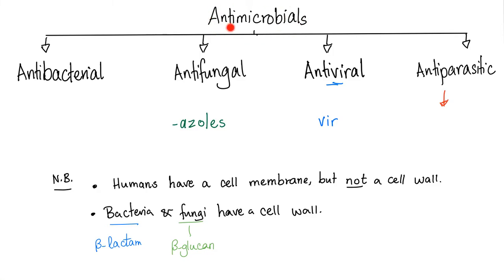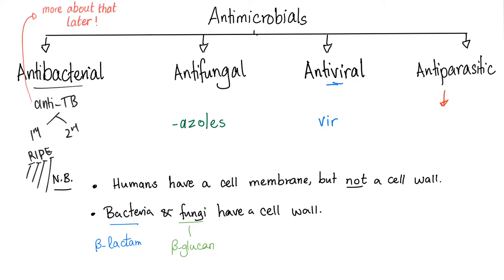Antibiotics are here. They are called the antimicrobials. They could be antibacterial, antifungal, antiviral, or antiparasitic. Antibacterial are against your nasty bacteria, and they include the anti-tuberculosis drugs, which will be divided into primary and secondary. The primary is the famous RIPE. R is for rifampin, I is for isoniazid, P is for pyrazinamide, and E is for ethambutol, which causes green and red color blindness. Antifungals include the azoles, not only the azoles but also amphotericin B, nystatin, echinocandins, flucytosine, griseofulvin,